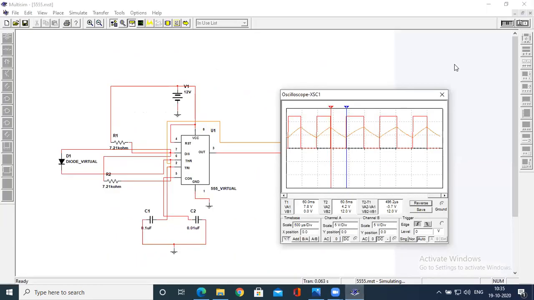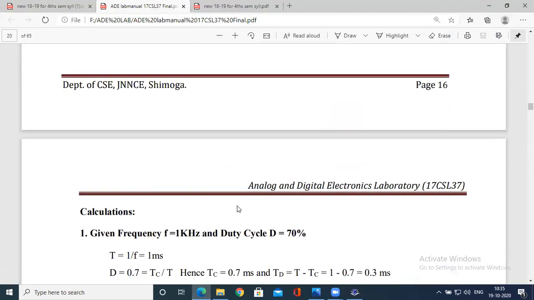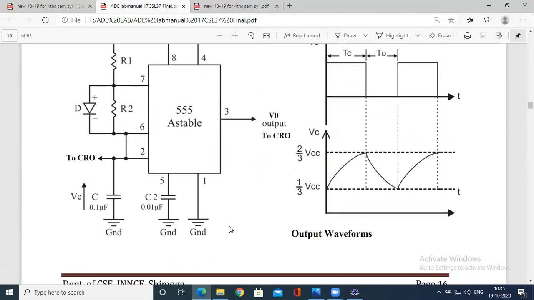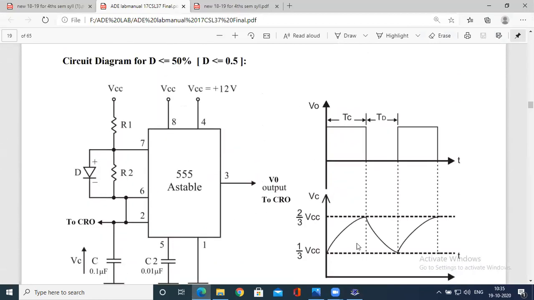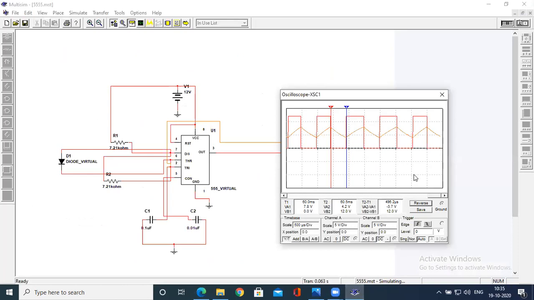Similarly, you can do for a third case also. You have to do it for a third case also. This is the circuit diagram we have designed for the second case. Fine. The calculations are very simple. You need to calculate the charging and discharging time. So charging time, how do you consider? From the starting to the peak where it has reached. This is the charging time. So T2 minus T1, it is 430 microseconds. Again, for the discharging time, you just focus on the peak falling down here in this case. So from here to here, again, this is the T2 minus T1 value. So that has to be calculated. Fine.